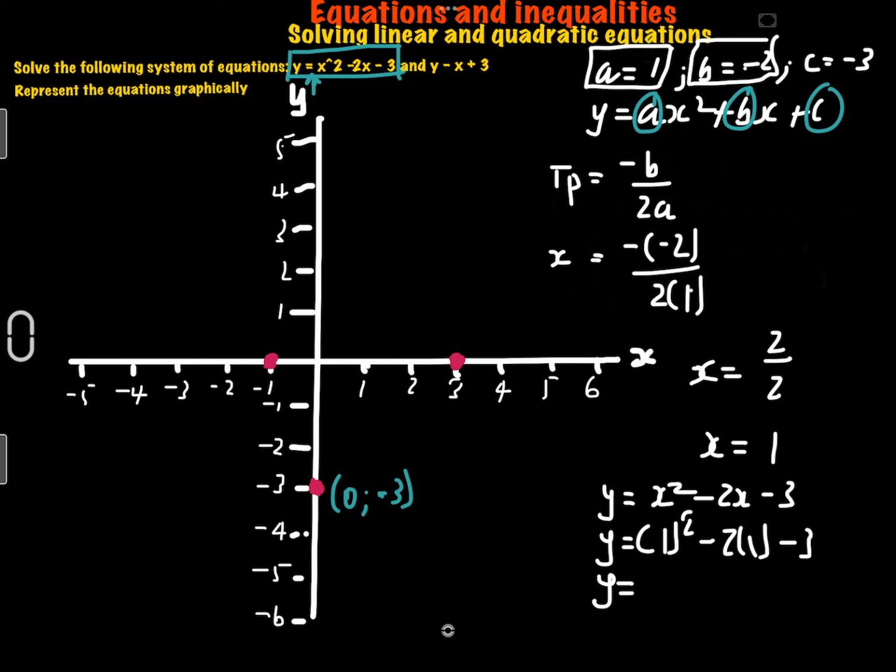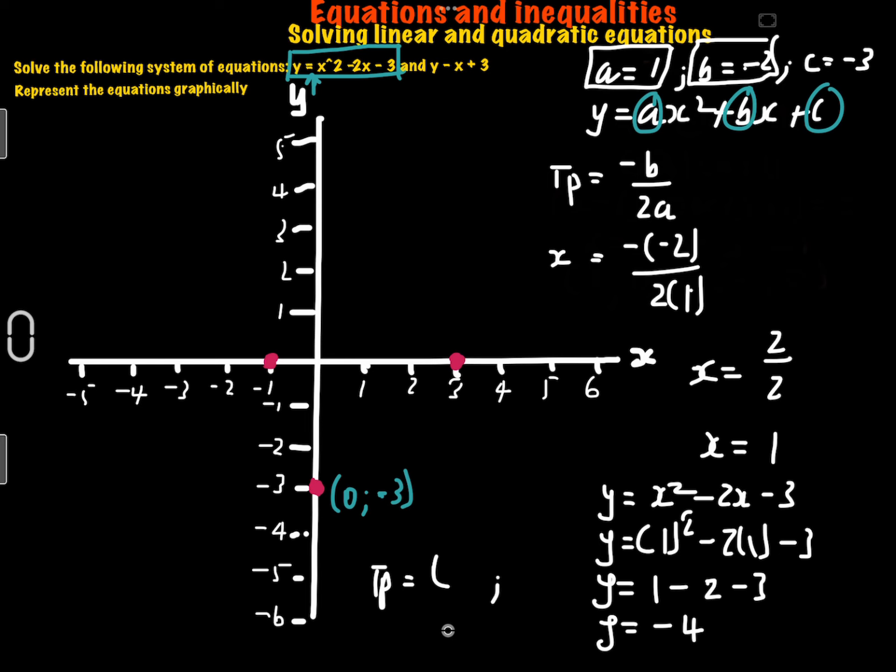Y is equal to 1 times 1 gives me 1, minus 2 times 1, or rather negative 2 times 1 gives me negative 2, minus 3. Y is equal to 1 minus 2 gives me negative 1, minus 3 gives me negative 4. So what this means is that the turning point is equal to